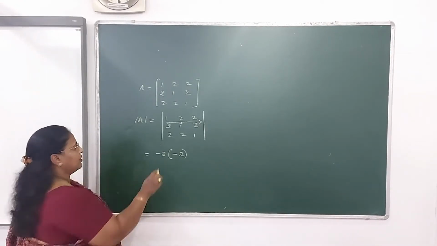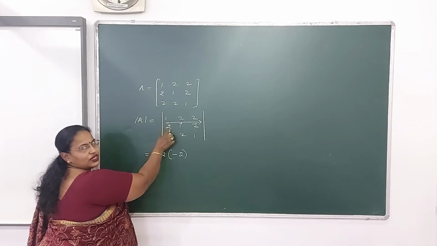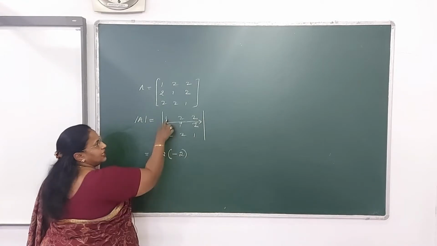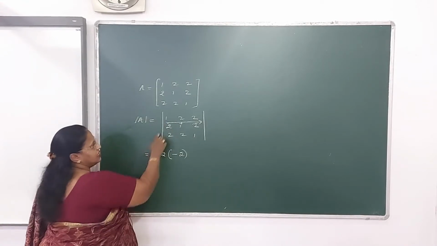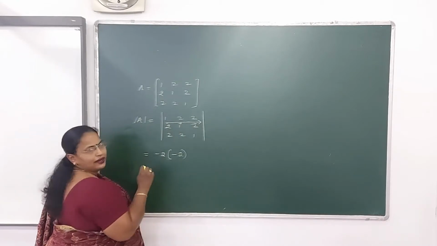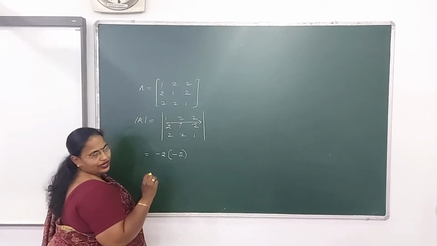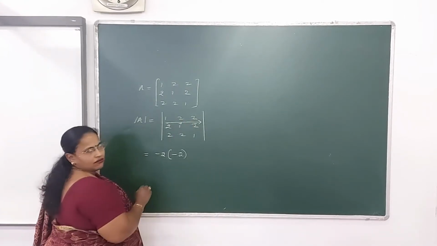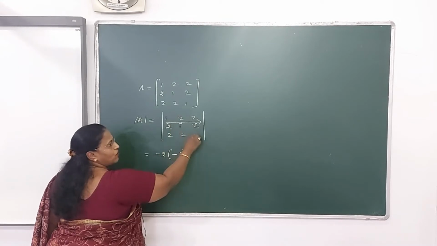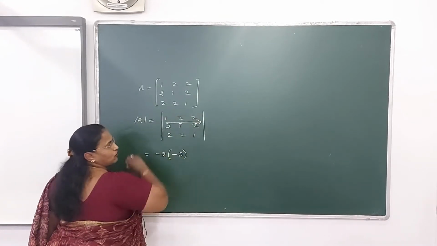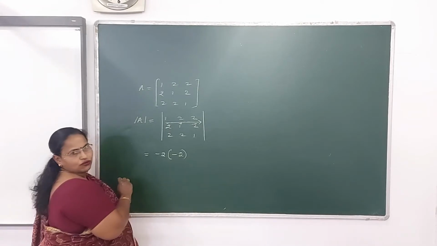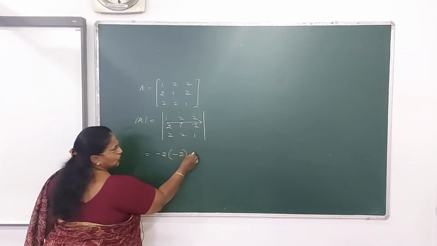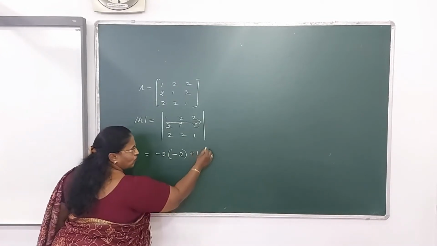Once again just see here, we are taking the first element of the second row. So it will carry a minus sign. So we will place a minus sign here. So it's minus 2. Delete the row and the column where the element lies. So the first column, second row you will be deleting. The leftover values are 2, 2, 2, 1. Get the determinant value. So it's 2 into 1 minus 2 into 2. So it's 2 minus 4, means minus 2. Now moving to the next element. What is the next element? 1. What is the sign? Plus. So you will be placing a plus sign, plus 1 into, open a bracket.